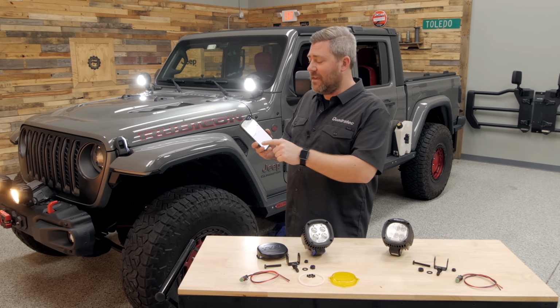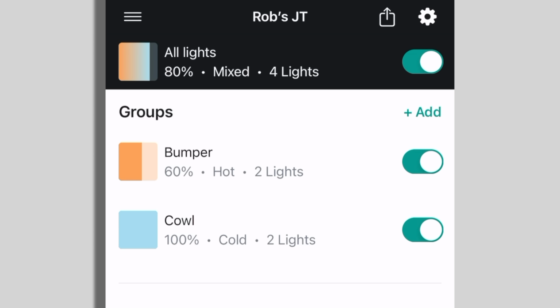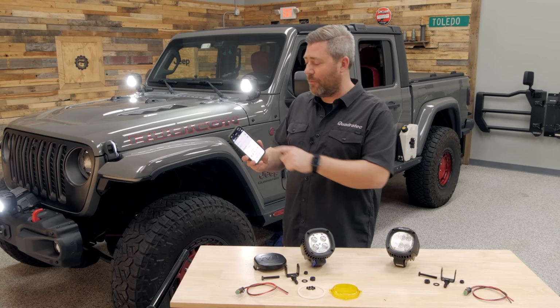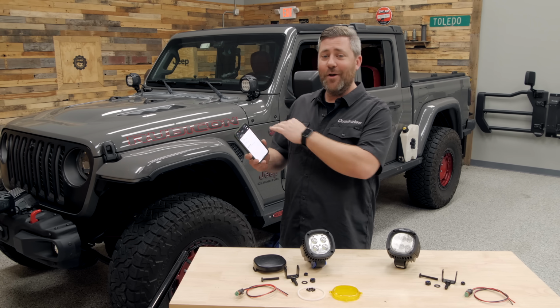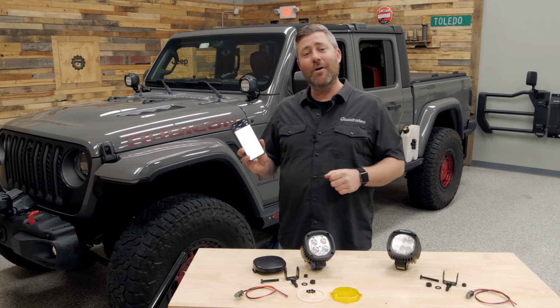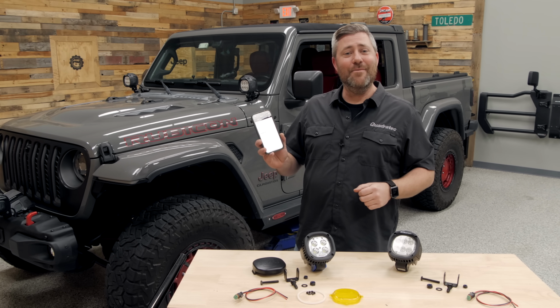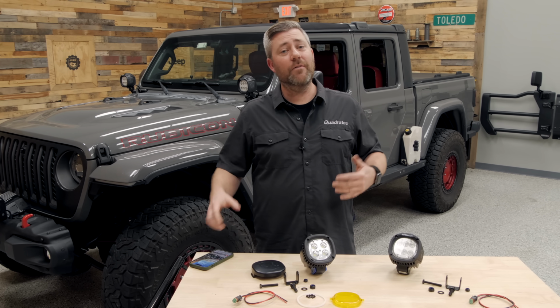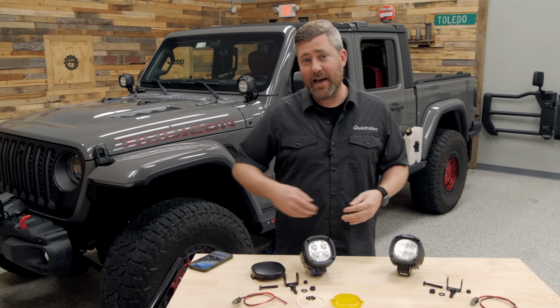At any given time, we've got an all light function right there at the top. I can see right now it's giving us an 80% average for total illumination of mixed color temperature. If you want to sync them all up, well, let's go cool between all 4 lights and bump them all right back up to 100% power. We can also turn off all 4 lights with a simple toggle right there at the top of the menu in the INTELLight app. Of course, we can also drill into each one of those individual lights in the app,